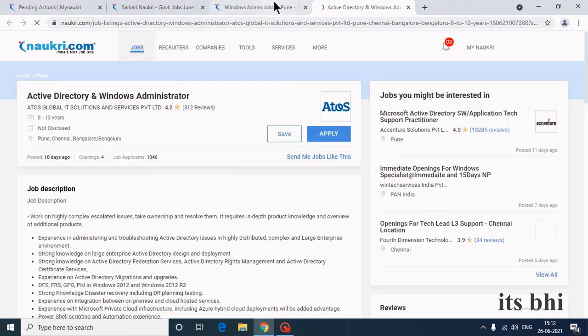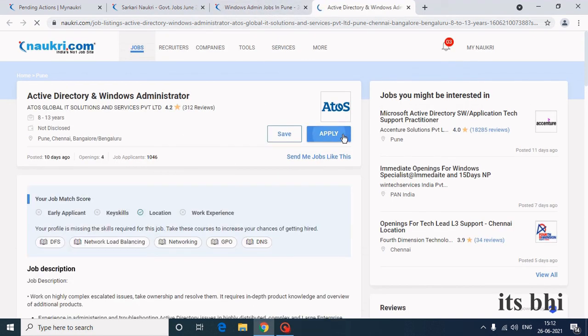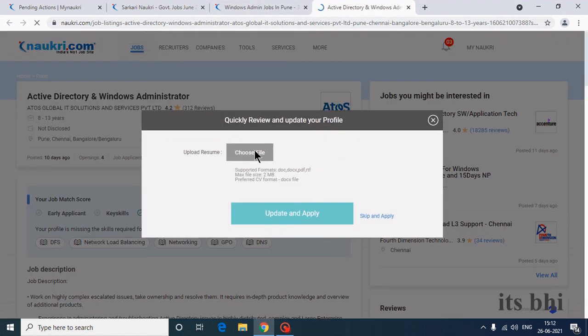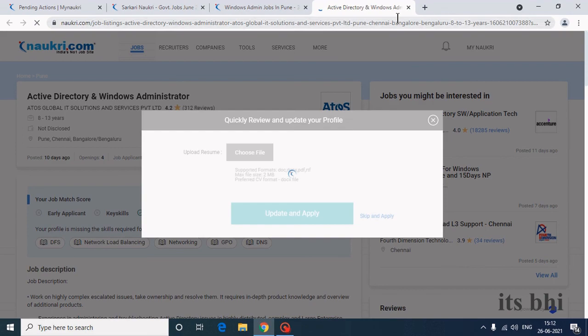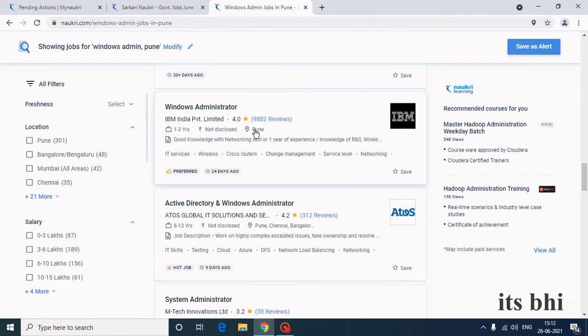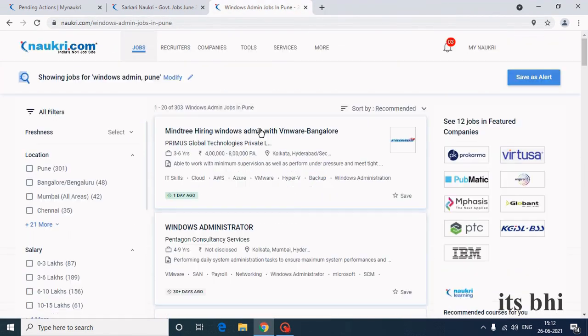Otherwise it will redirect to the company portal. Choose a file. See, it's asking to upload a resume, so you need to upload it and apply. Update and apply.